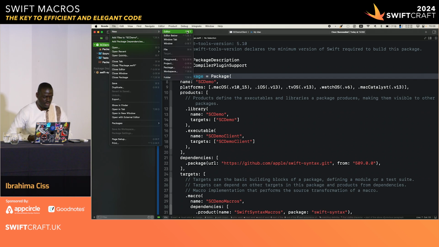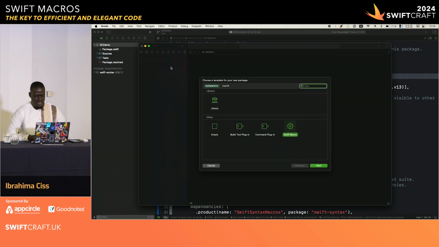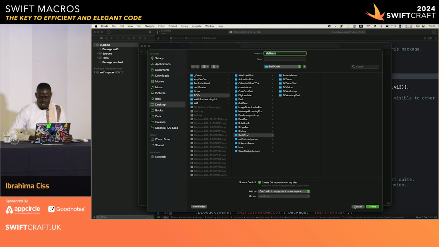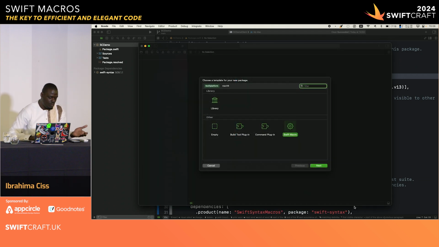We have to create a new package. You can go File, New, and Package, okay? In this template, you now have a Swift macro, right? So you can click Next to create your macro. You give it a name, and it will create a macro. I've already done it,